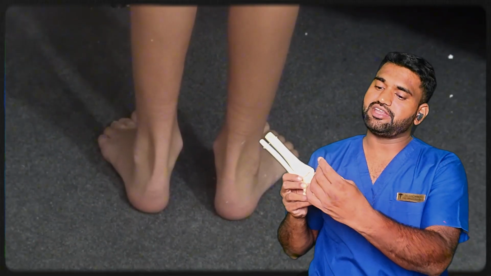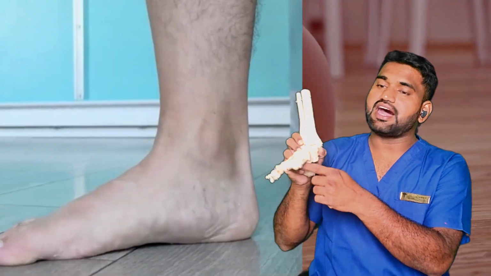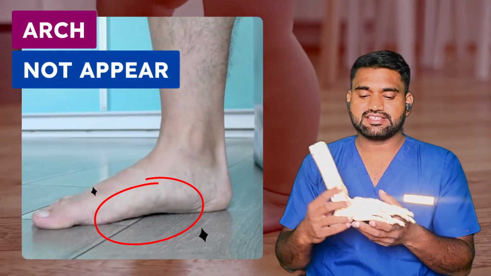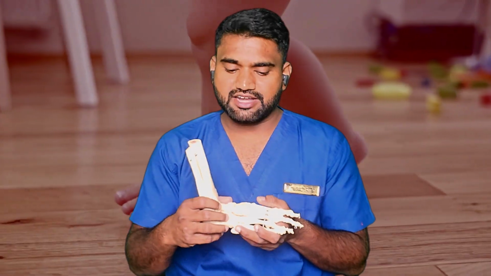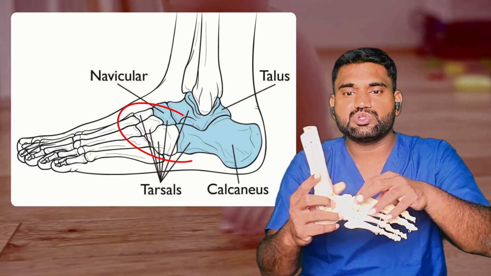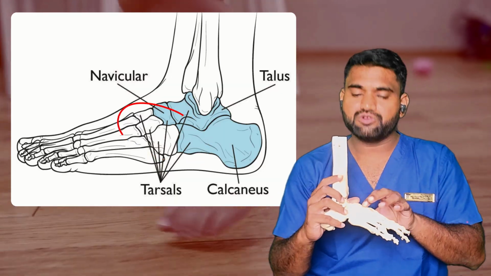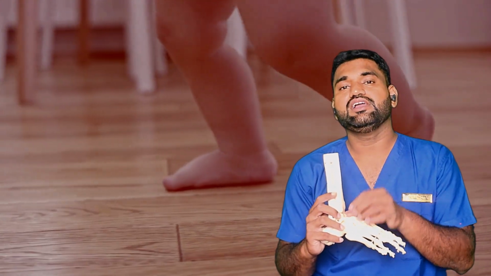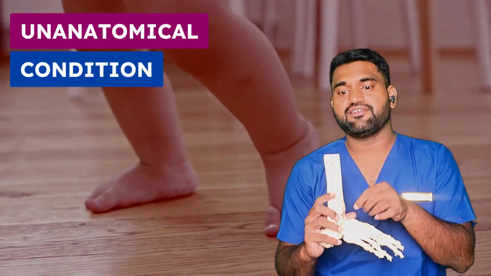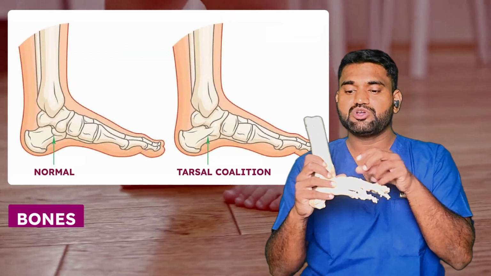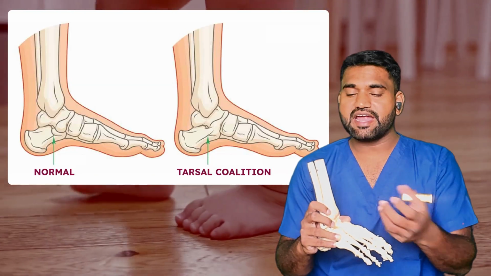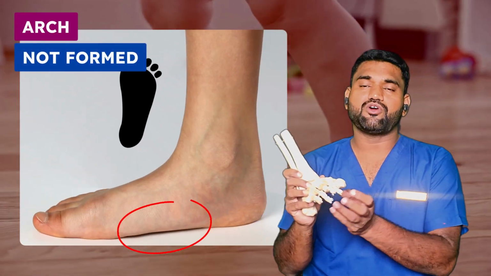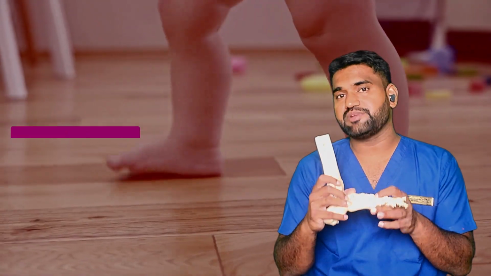A rigid flat foot is a condition where even after doing a great toe extension or standing on the toes, the arch doesn't reappear. So with this, what we understand is that there is a pathological condition leading to this kind of deformity. The most common reason would be tarsal coalition. These bones are called tarsal bones. These are midfoot bones which sometimes have an unanatomical condition where they are joined together by a bony bridge or a fibrous band, which doesn't allow the arch to be formed. If this condition is there, then it's a pretty serious condition.